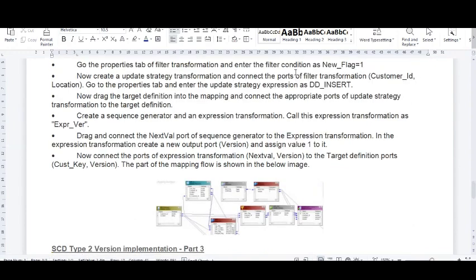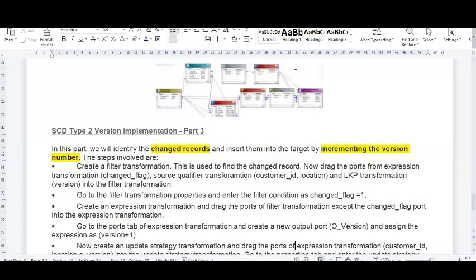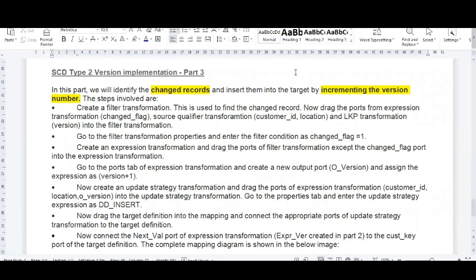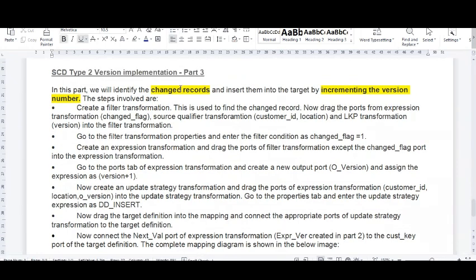This is the one concept. Now the third is nothing the same, like some change the record instantly. Let me explain. In part 3, we'll identify the change record. Suppose any record is found as a change, then insert it into the target by incrementing the version number. These steps are involved. Suppose we want to update an existing record